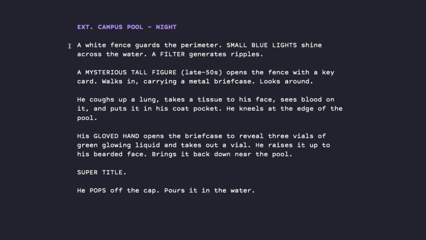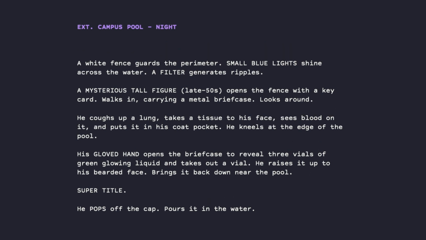A white fence guards the perimeter. Small blue lights shine across the water. A filter generates ripples. So I'm seeing 3 shots here. I'm not sure that's the intention. We might just want to set the scene more simply so we can just picture the environment and then move on to the action. So let's just be very straightforward and say something like, an Olympic